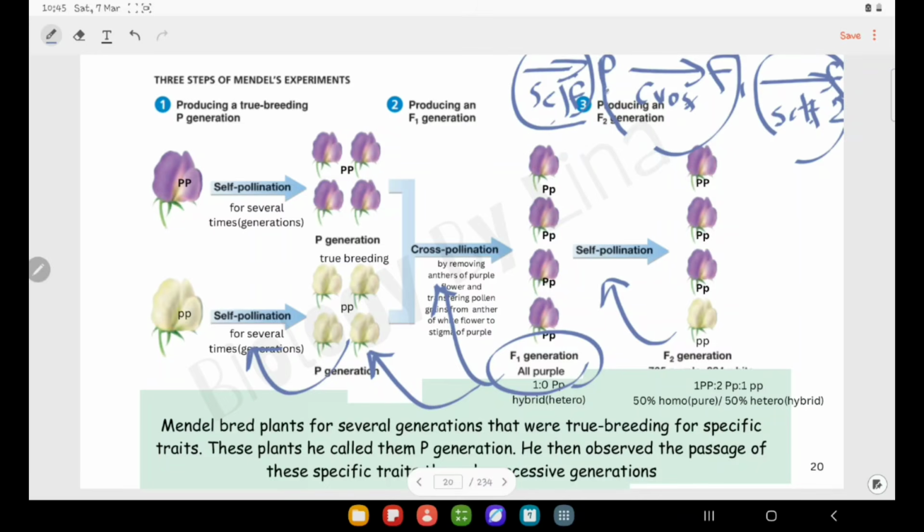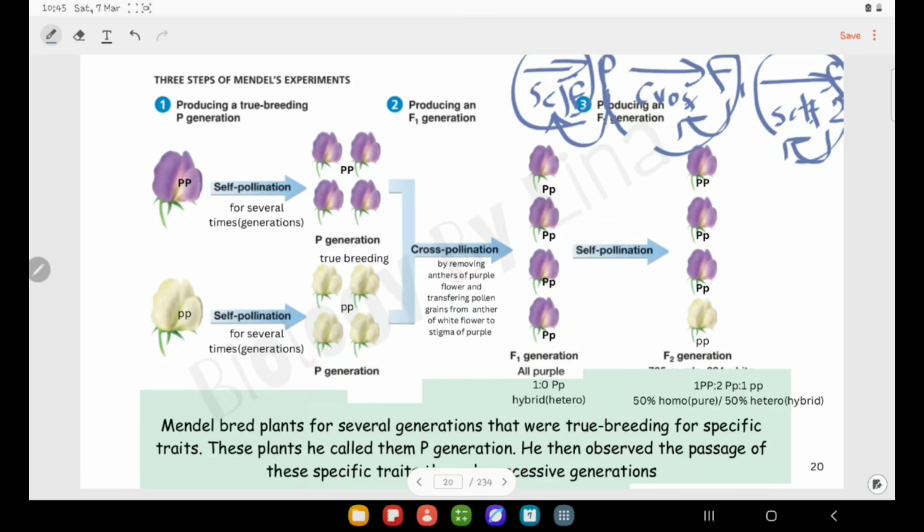In order to get the P generation, he did self-pollination. In order to get F1, he did cross-pollination. And in order to get F2, he did self-pollination of F1. Or we can say he got the F2 by self-pollination of parents that have the same trait. Okay,